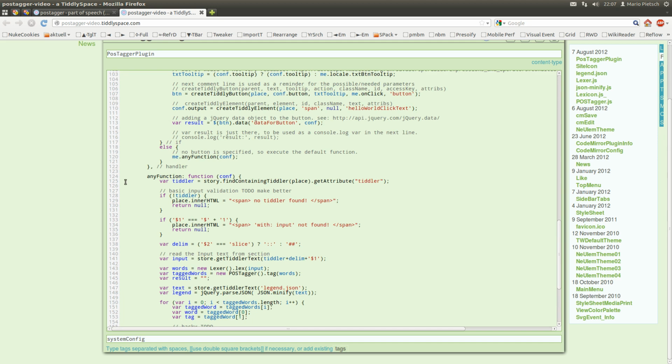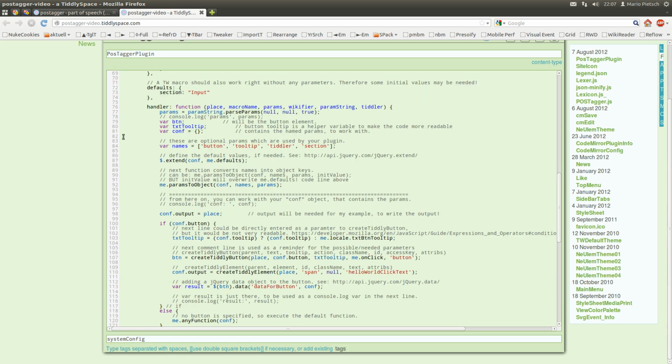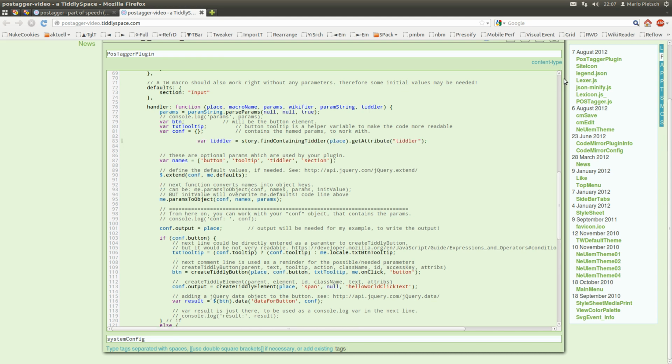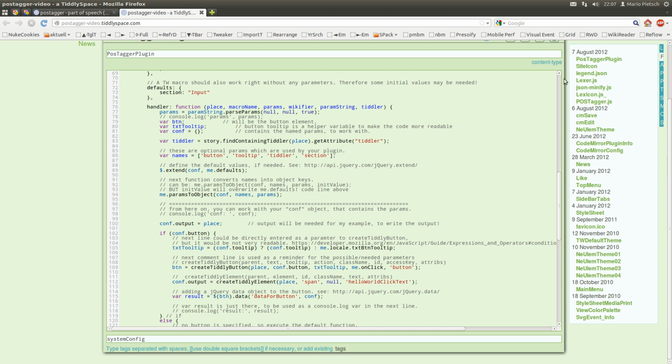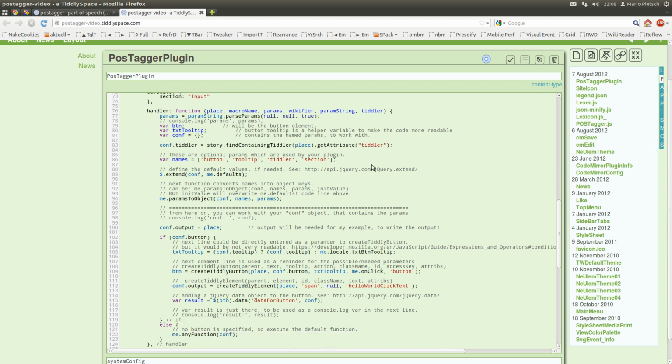So as I said already, the tiddler will be done by the program. So the macro has a look with store defined containing tiddler, which tiddler name it actually is, and it needs to be part of the config so that it is transferred to the button config tiddler is defined.